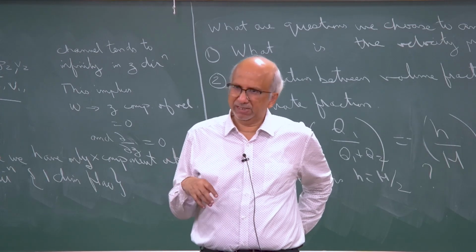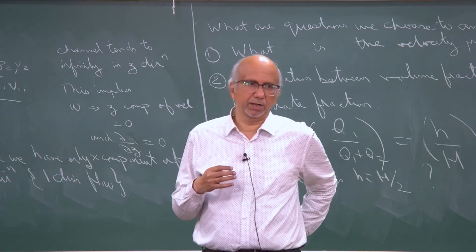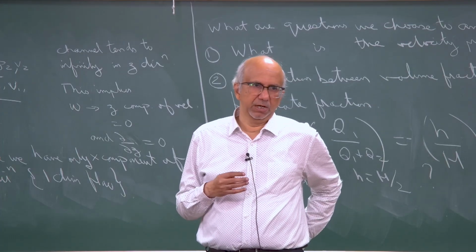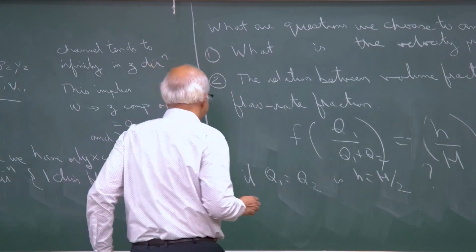So, we have interest in finding out this volume fraction, which is called hold up. This volume fraction of the first phase is called the hold up of the first phase, for example. So, small h by H,